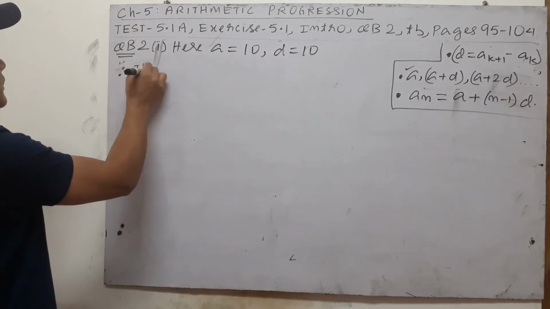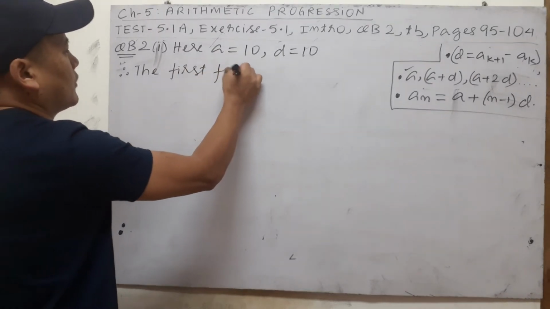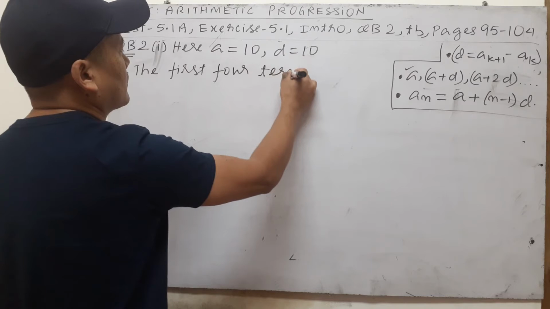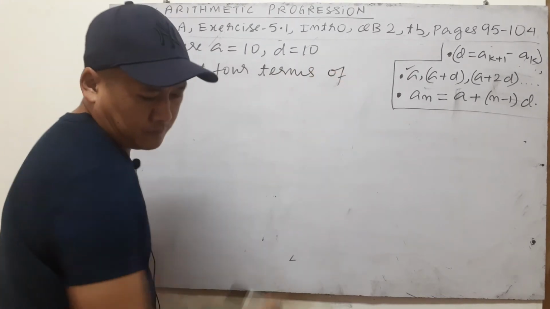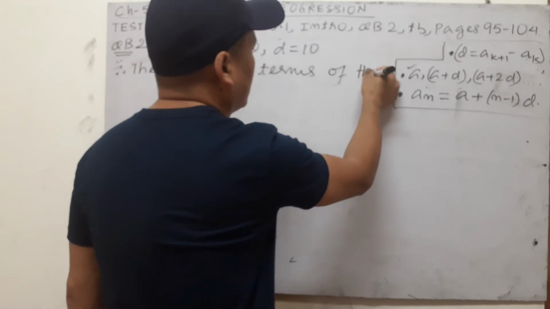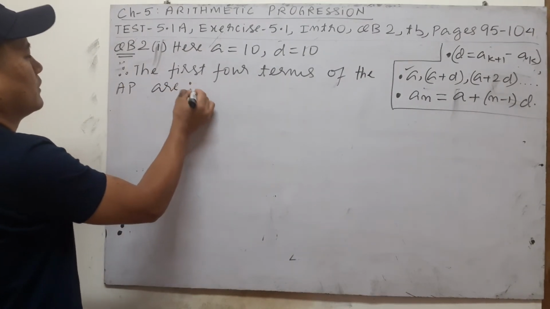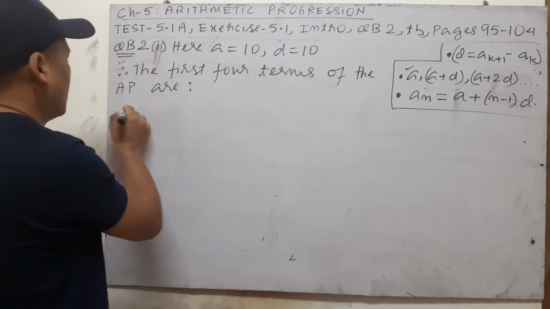Therefore, the first 4 terms of the AP are, and then use this formula,